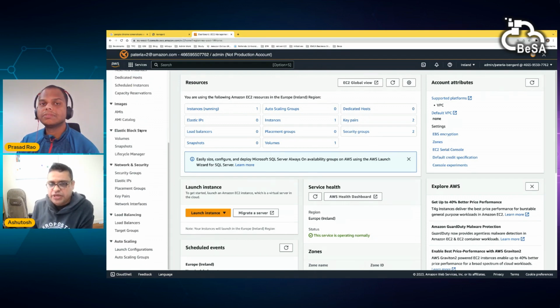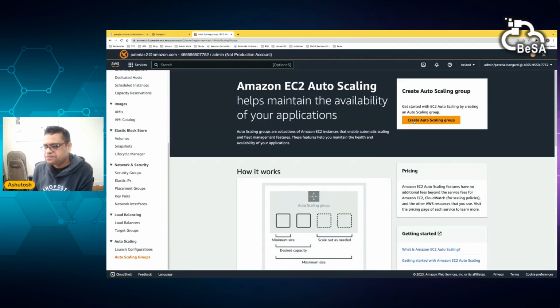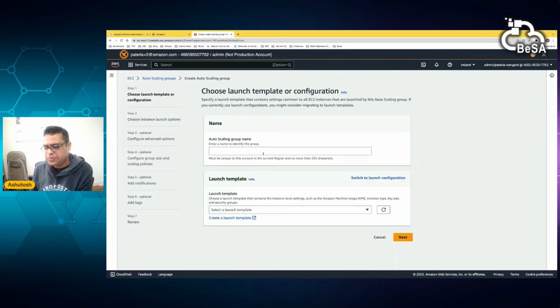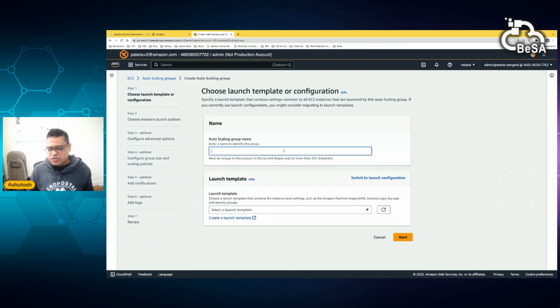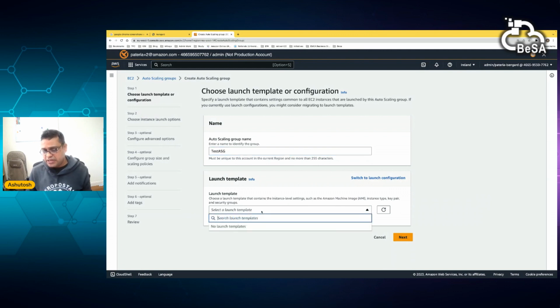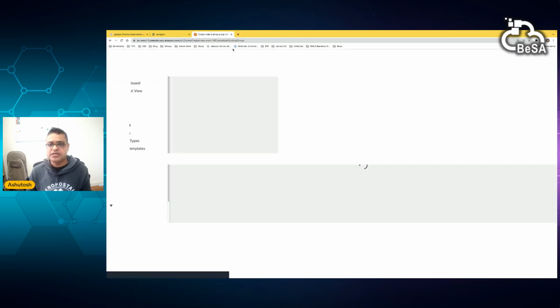Okay, so here this is the EC2 console, right? So in the auto scaling group, you can create an auto scaling group in here. For that, you need some sort of launch template as well, right? So first you need to create a launch template, but this console takes you there as well. So we can start here. So maybe test auto scaling group, right? We need to select a launch template because without it we cannot launch an instance, right? So we need to create a launch template as well.